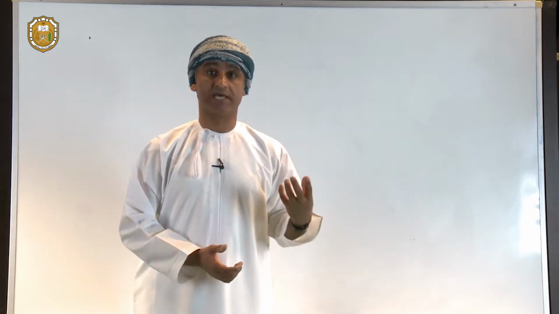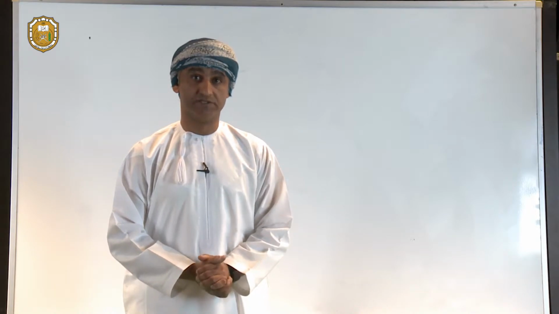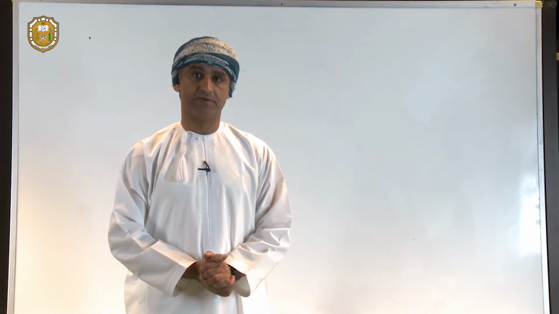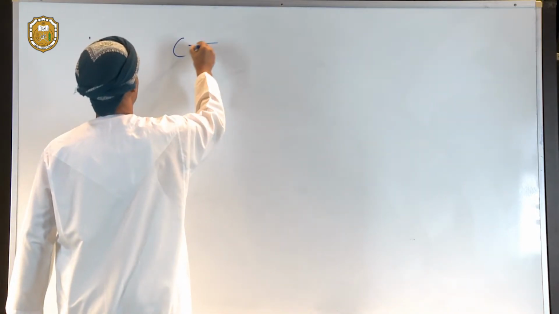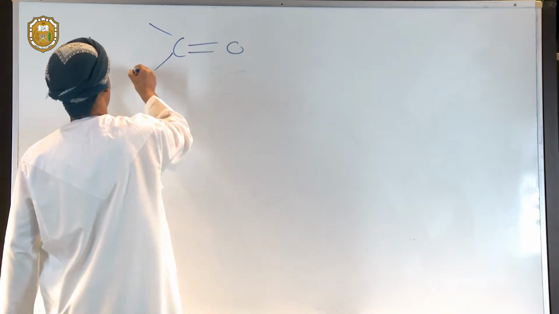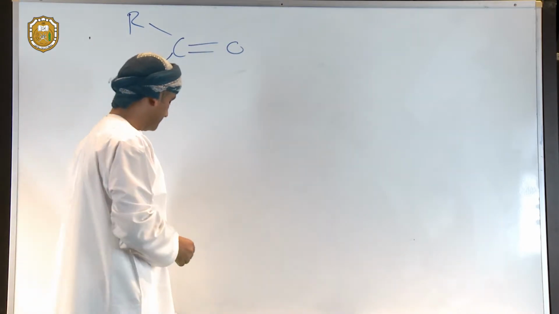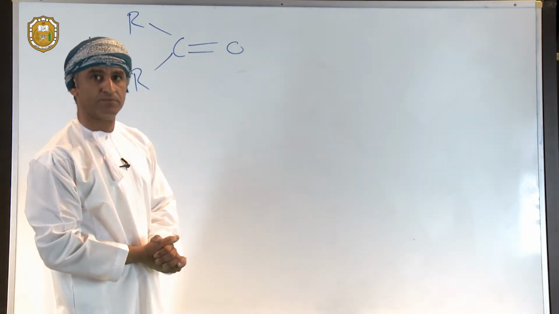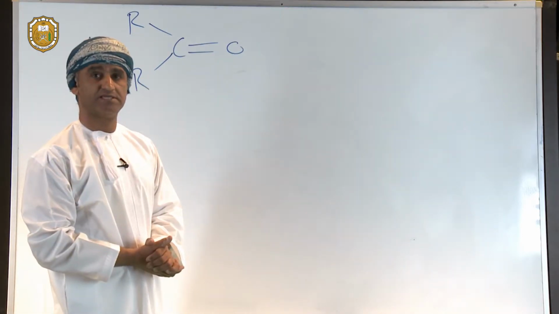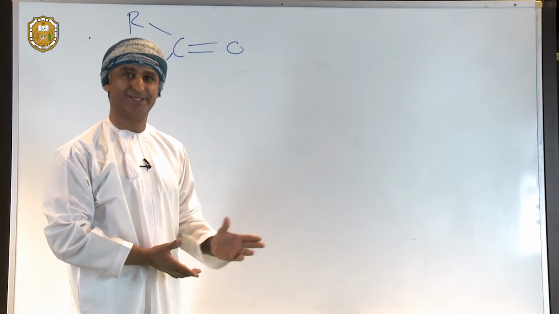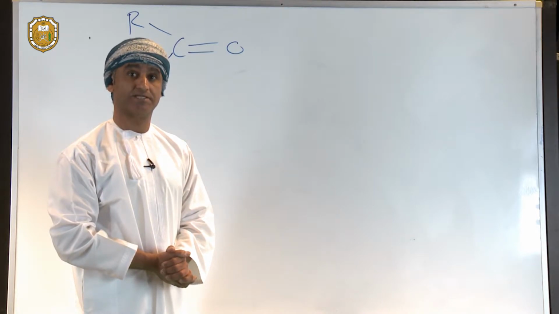Let's now focus a little bit on the carbonyl group. The carbonyl group is probably the most important functional group in organic chemistry. Let's write the general structure of the carbonyl group, which is something like that. This is an example of a carbonyl group. Now the carbonyl group is present not only in ketones, which are generally represented, but also in aldehydes. Not only that, the carbonyl group is present in carboxylic acids, obviously, and carboxylic acid derivatives.